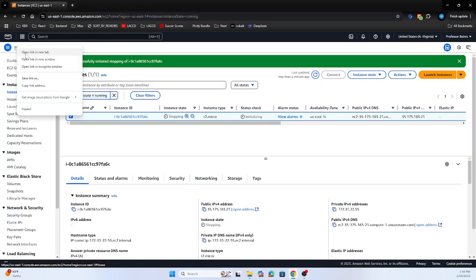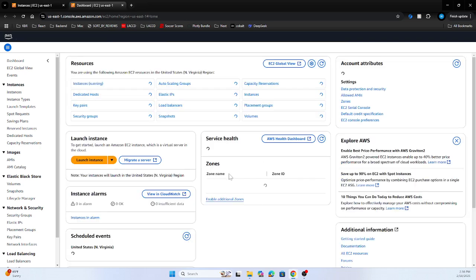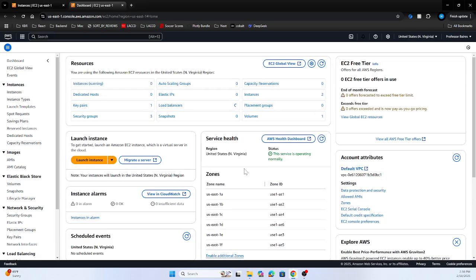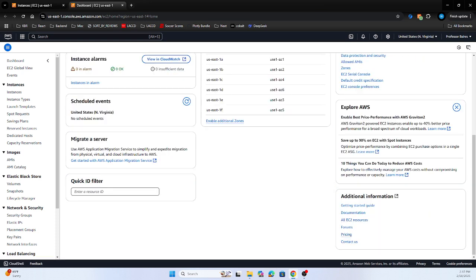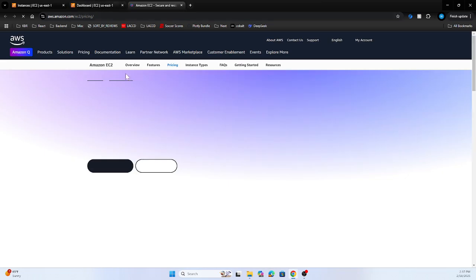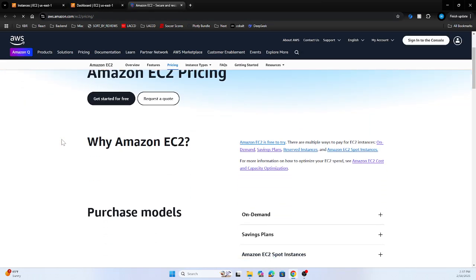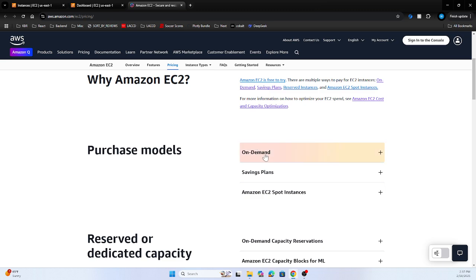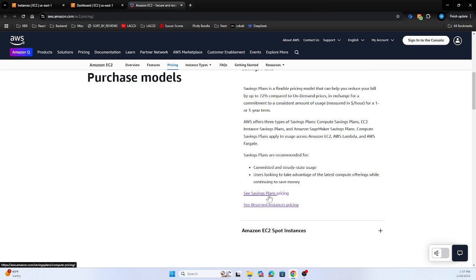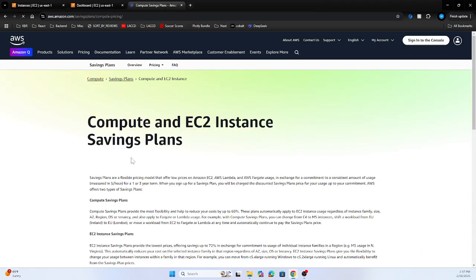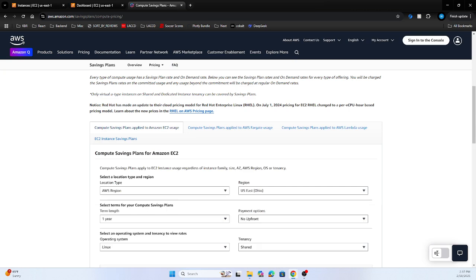If you go back to EC2, and then you scroll down to additional information, go to pricing. You could also Google your way to this page. But there is information on on-demand pricing. Savings plans is going to be the focus of that last part of the lab. So you're going to use these rates to figure out how much savings there are between the different plans for that scenario